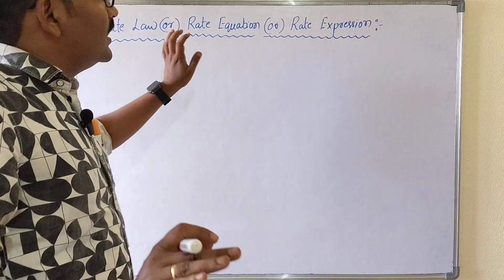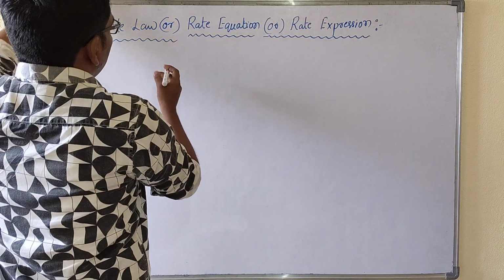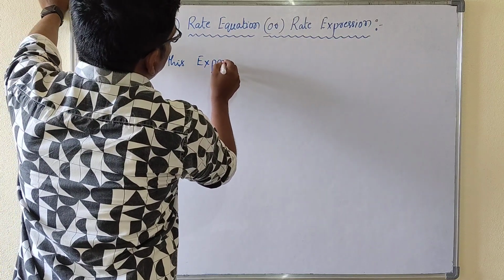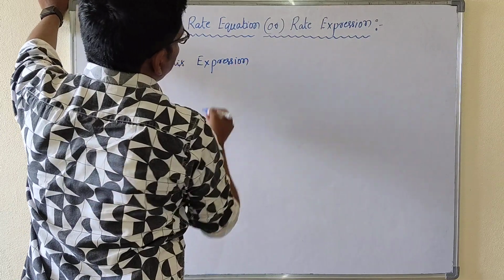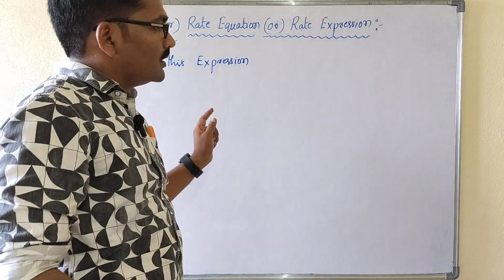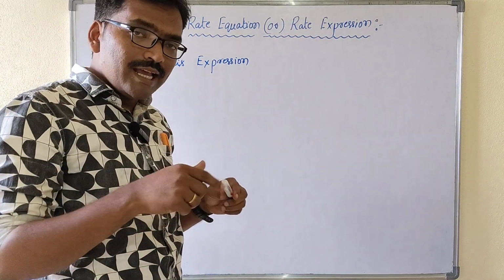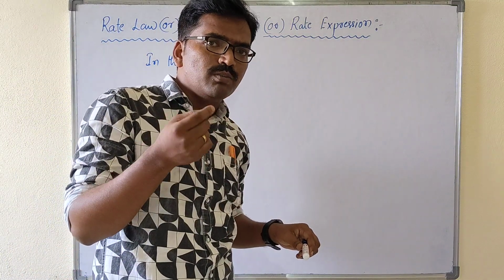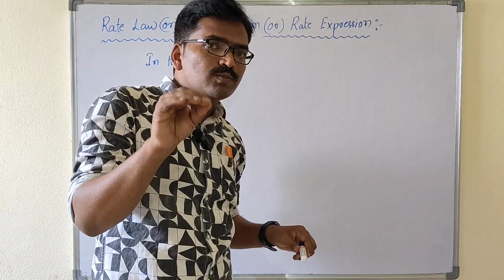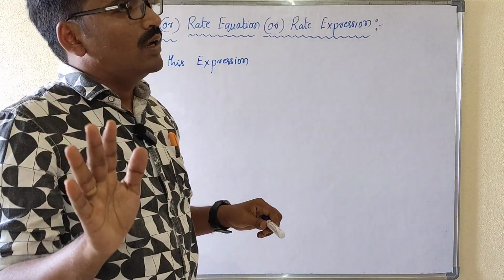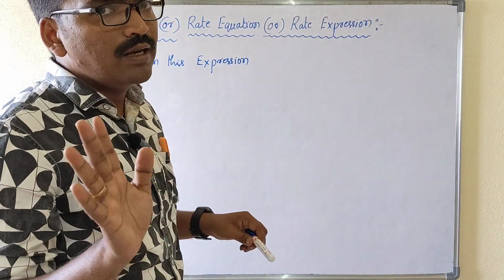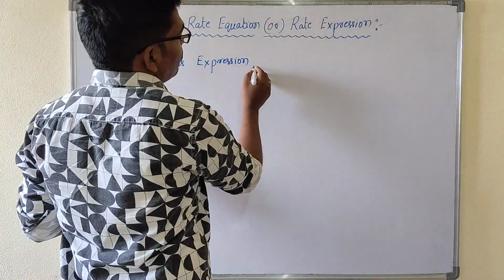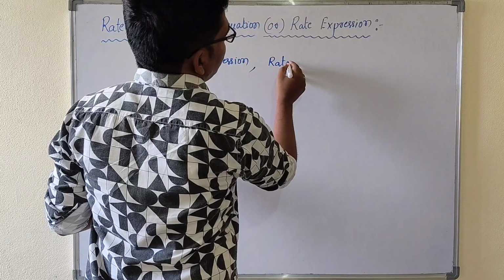So how is it expressed? How do we express the rate law? In this expression, see, rate of reaction is directly proportional to the molar concentration of reactants which are raised to the power of exponents that have been experimentally determined. See, what does it mean? In this expression, what I told is: rate of reaction